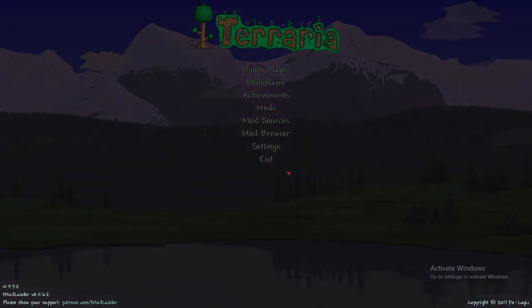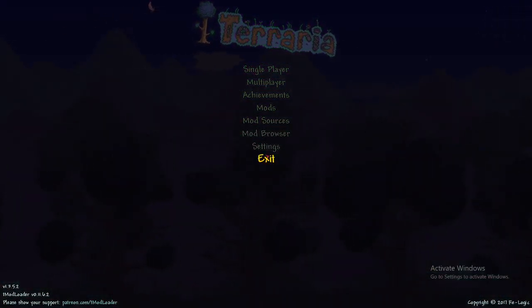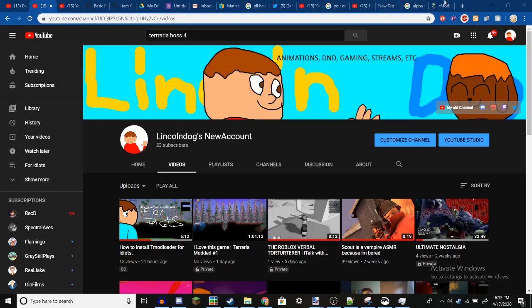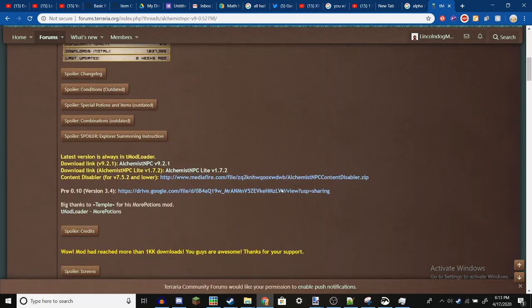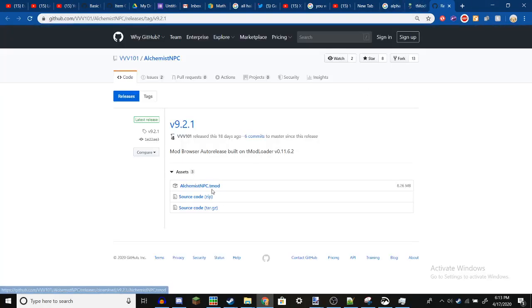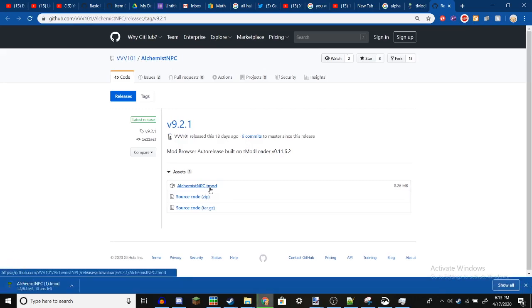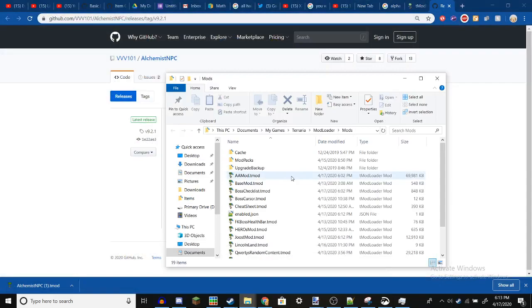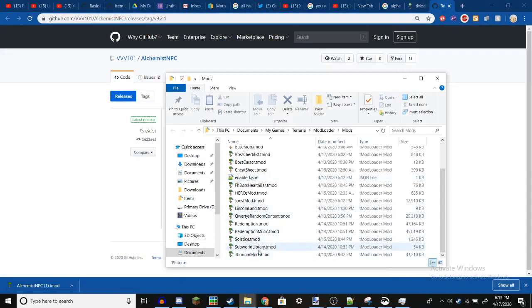what's the easiest way? The harder way is, well, let me show you. First, we're gonna look for the download. And we'll take that. Essentially, what we're gonna do is import the mod